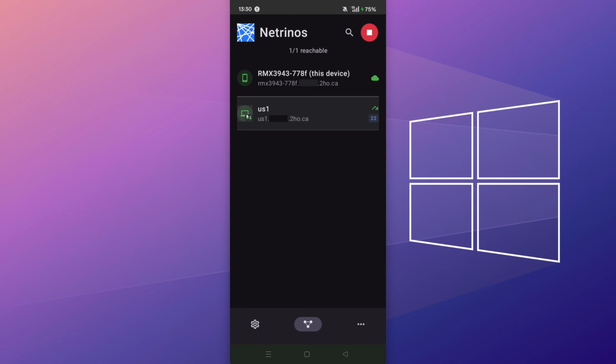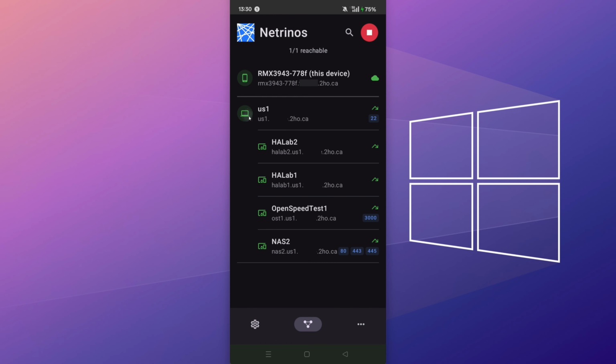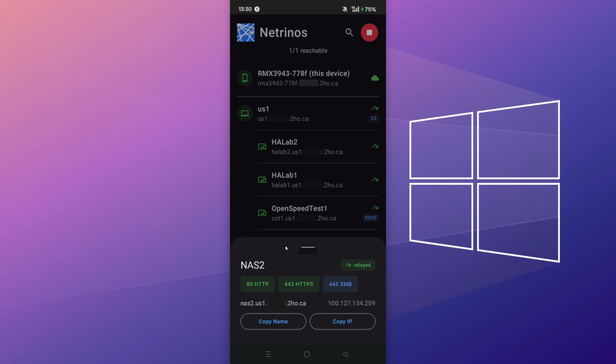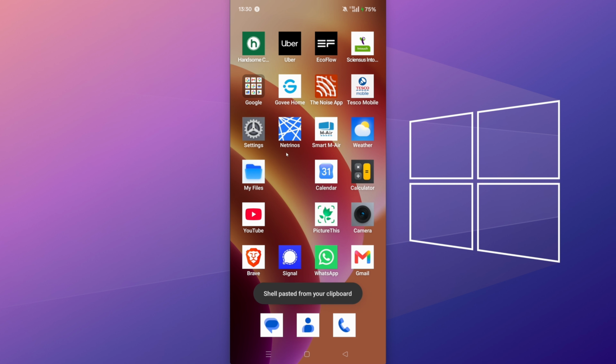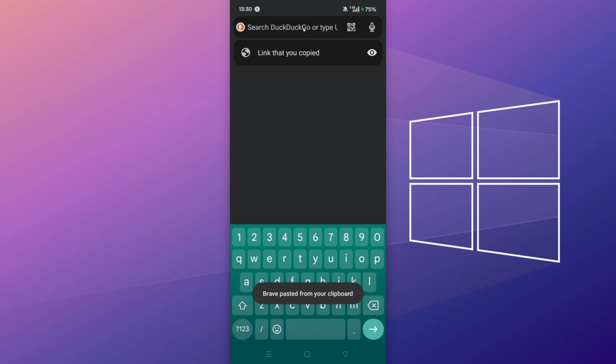So if you click on the green icon with the +4 or plus however many you've added in, it will then bring up the virtual devices that you can connect to. So you'll see we've got NAS2. So what we're going to do is click on NAS2, and then we're going to copy the name. So click copy name, and then we can close the Netrinos, so it's still running in the background. Open up our web browser, and then what we're going to do is paste in the link, and then we're going to enter a colon and then